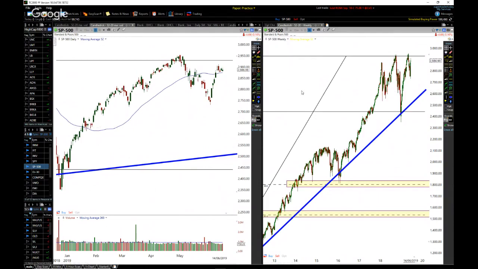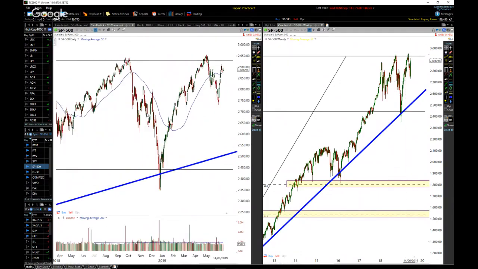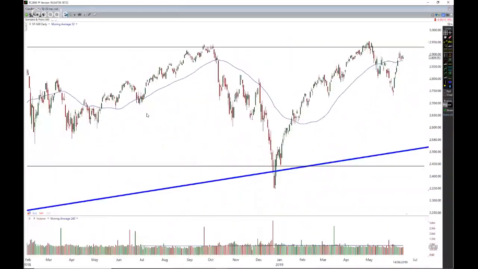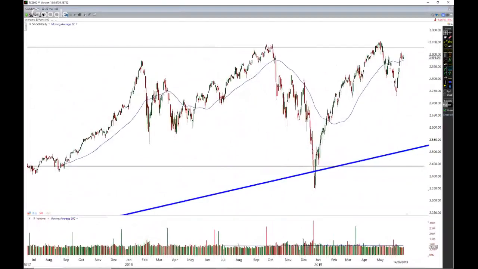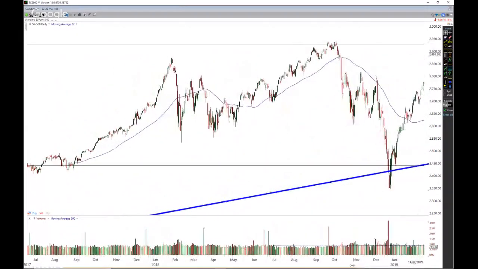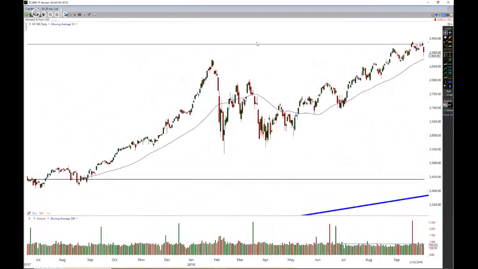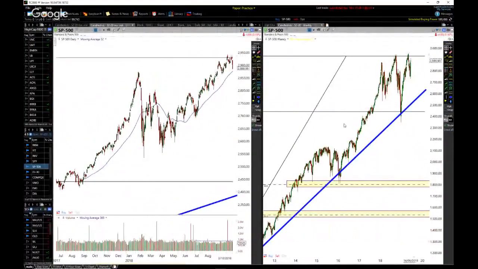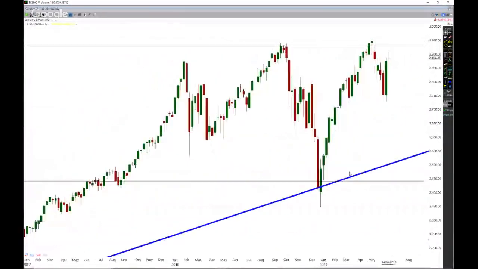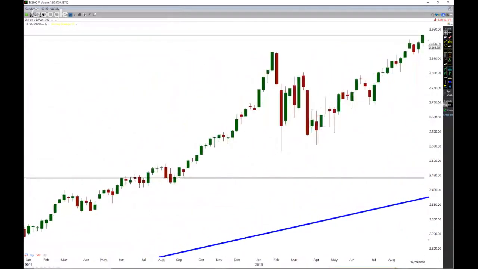So if I go back to this weekly chart, actually let's look at the daily chart, and we'll go back to this period, this downturn here, and we're going to go back to here. So notice this point through. Notice this last. You know what? Let's go to the weekly chart, because I think the weekly chart really gives a much better example of what I'm trying to teach you here, what I'm trying to share with you here. So if we go back to here, right?